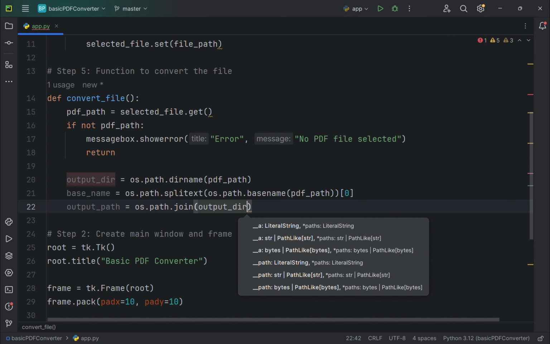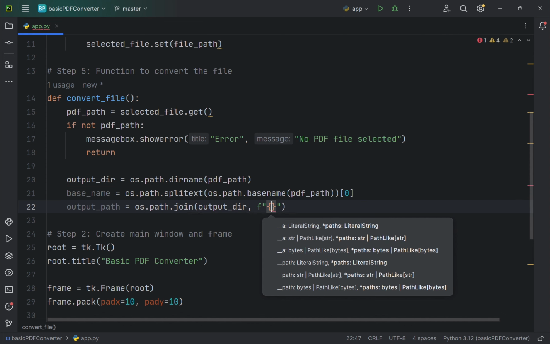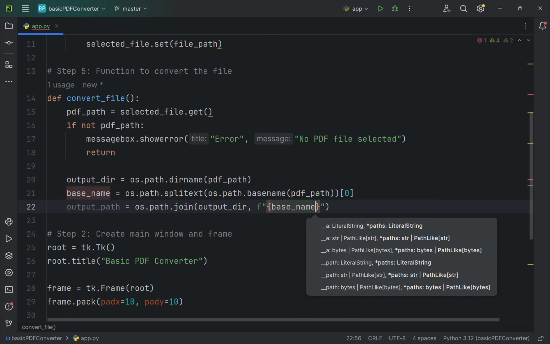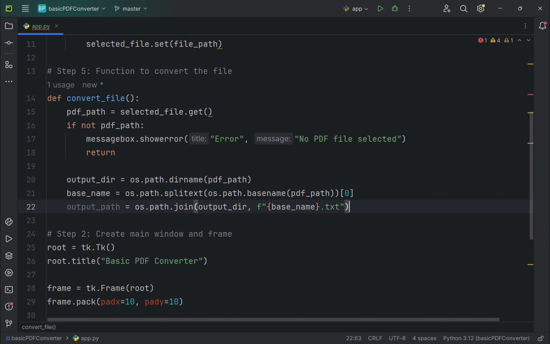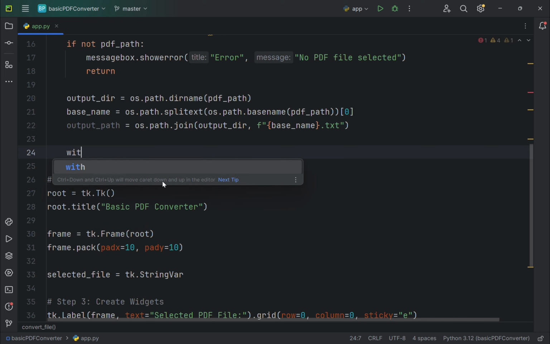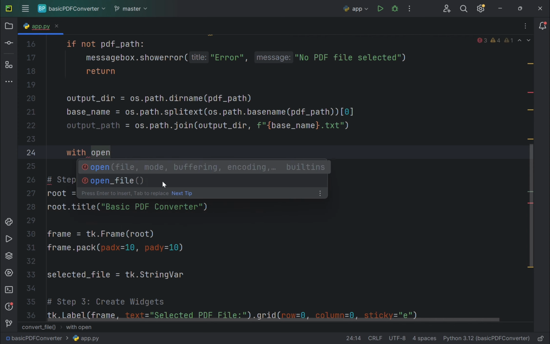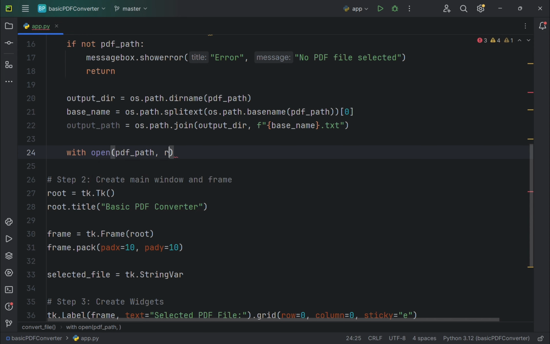So, yep. And now we need to add .txt here at the end of the file name. We do that with the output path. Okay. .join will combine our directory and the file name and put it together and make it a single path. So